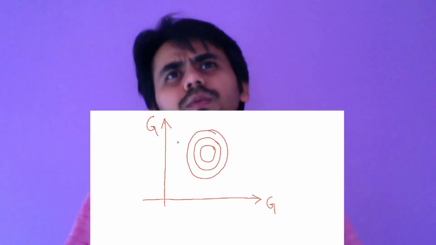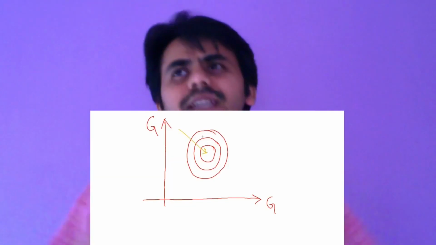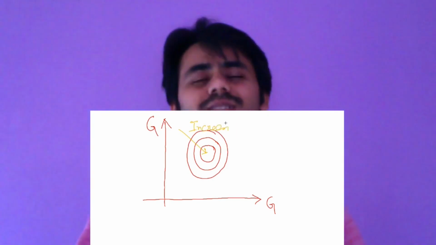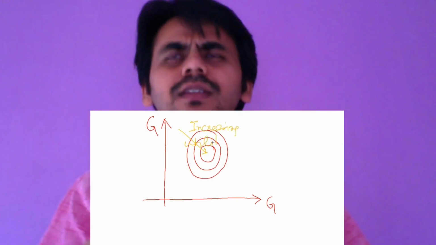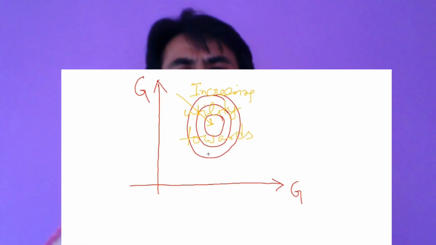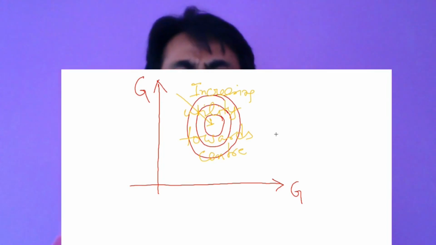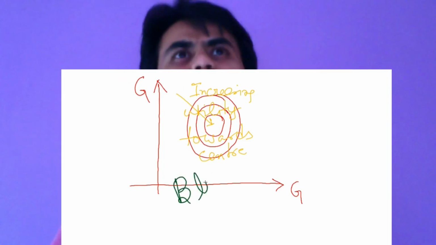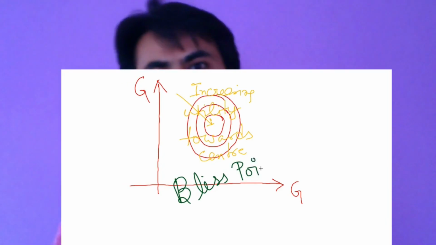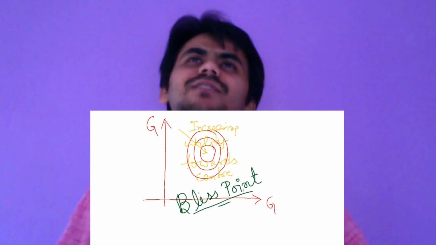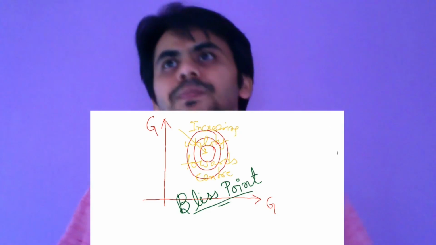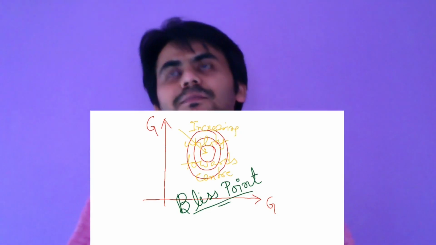To understand this, let's have concentric utility functions, and as you increase your utility, you move towards an ideal point, because you might have an ideal hunger: this is the amount of burgers you can eat, and this is the amount of Coke you can have. That's the bliss point. So if you think about your ideal consumption of any food combination, you will necessarily have a bliss point. But what about something like money and a better house?